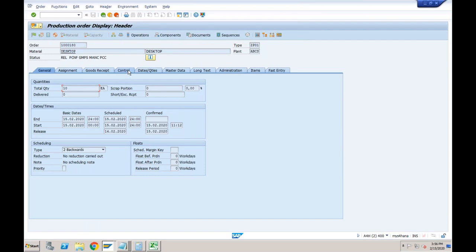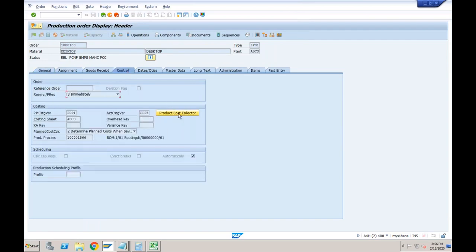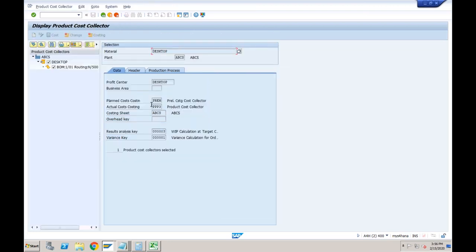If I go to the control tab, I'll be able to see this product cost collector, and you can see this production order is assigned to costing variants PPP1, PPP3. Even if you go to product cost collector,